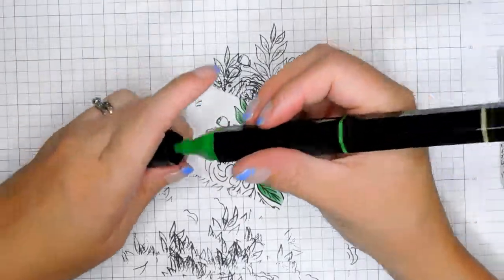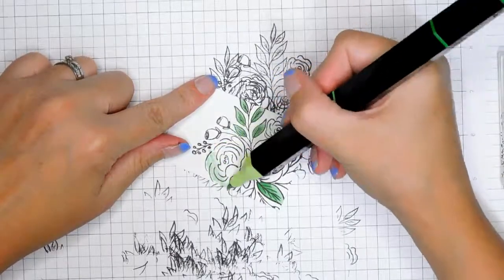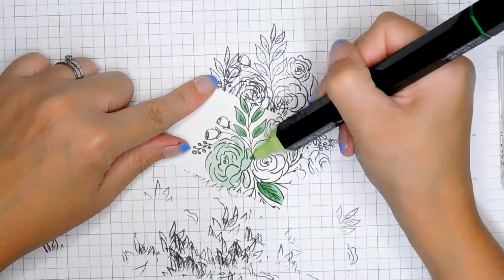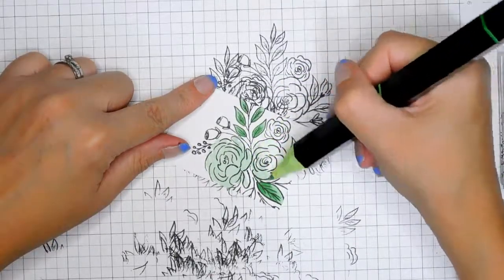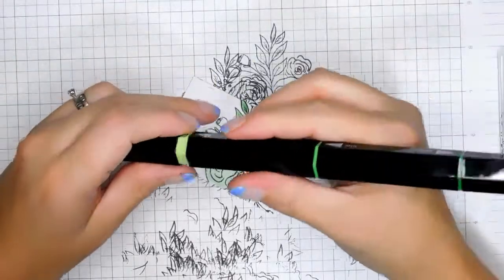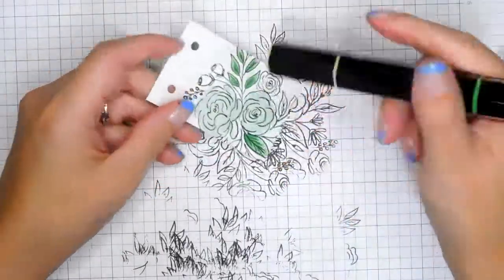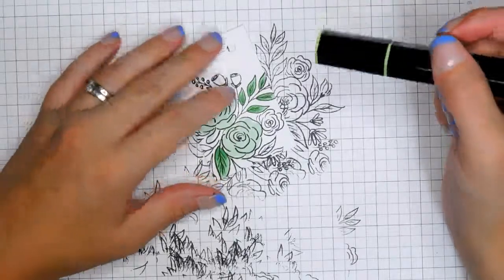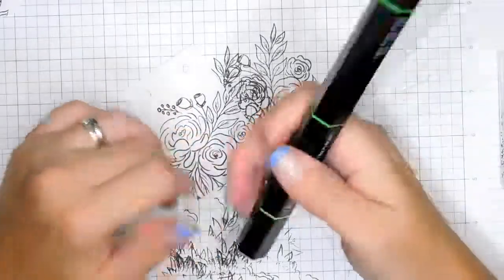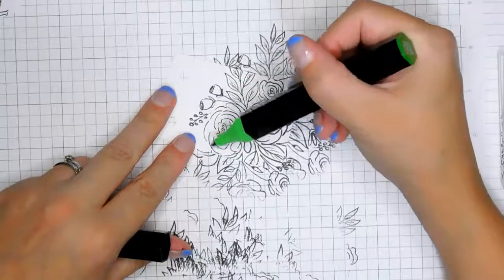So I'm going to go a little crazy on this. I don't know why I'm coloring all of these. I guess that's going to be our main color. So that'll be our main color. Okay, so the mid is this direction. So let's do...